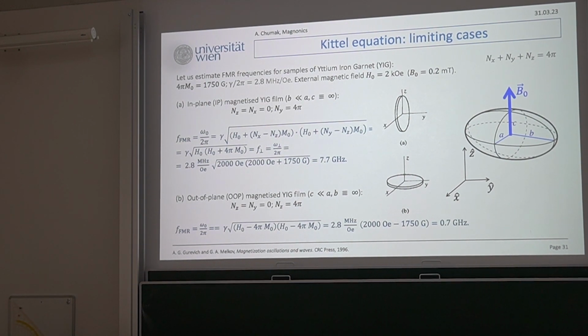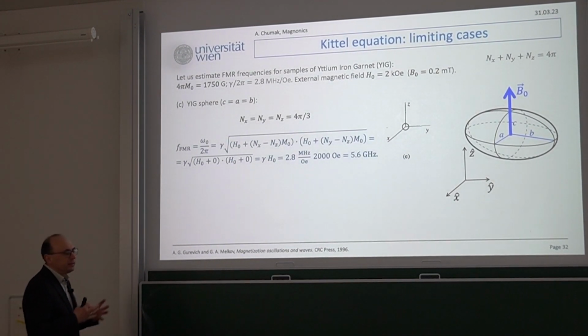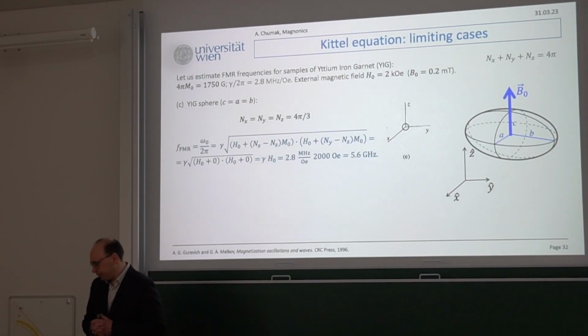Good. Now let us take a sphere. The same material, the same parameters, and nx and ny and nz are the same, 4 pi over 3, and we plug everything in, and we are coming to a very interesting solution. Just pay attention. It's gamma H0. There is no magnetization at all because of this interesting